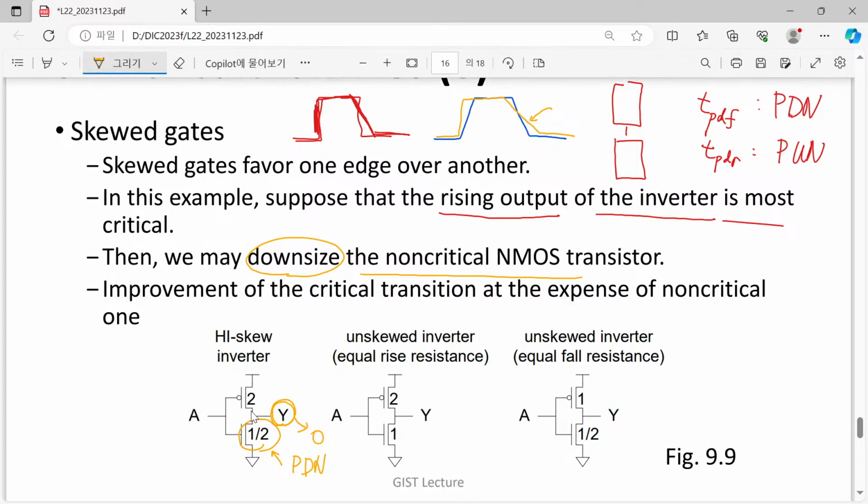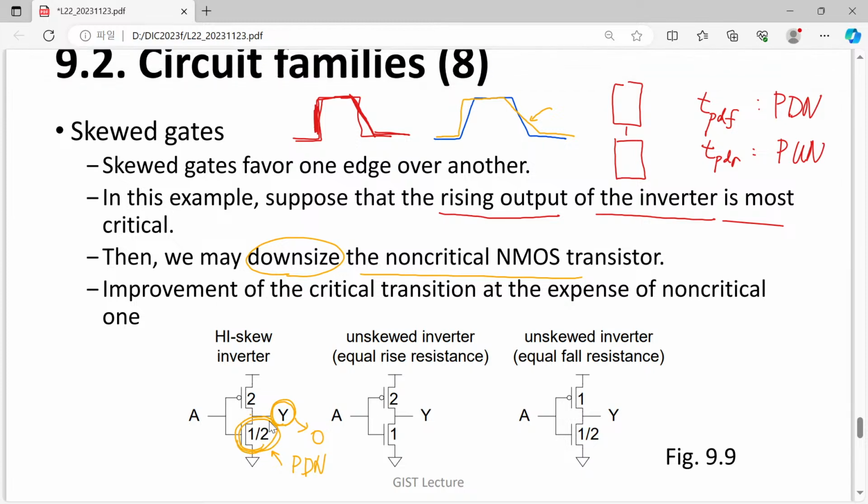However, in this case, with this small device, it does contribute less capacitance to our output. So therefore, it is also beneficial to get a further increase of this rising edge. So now you may understand, wow, sounds great, but if we consider this falling edge,